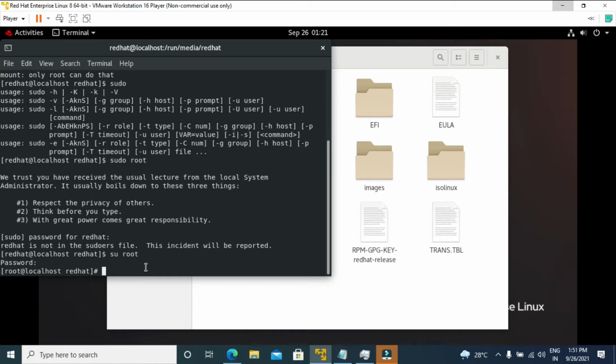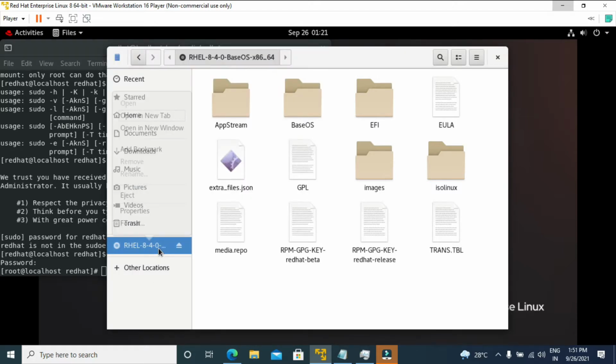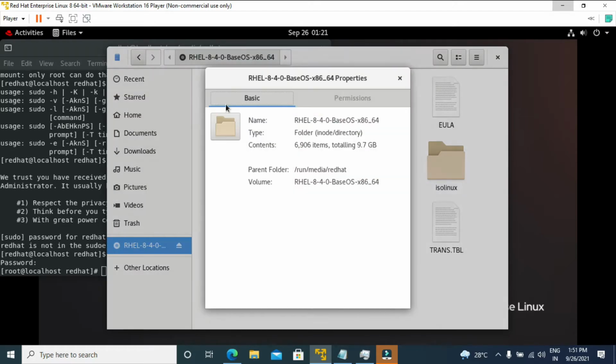Now we should check the path where that particular ISO file is mounted, and whether the OS package is showing there or not. First of all, we need to go to that path. How will we check this? You select this option, and from there Properties, and you can see the media path. I copied this, went to our terminal, and did cd and pasted it.